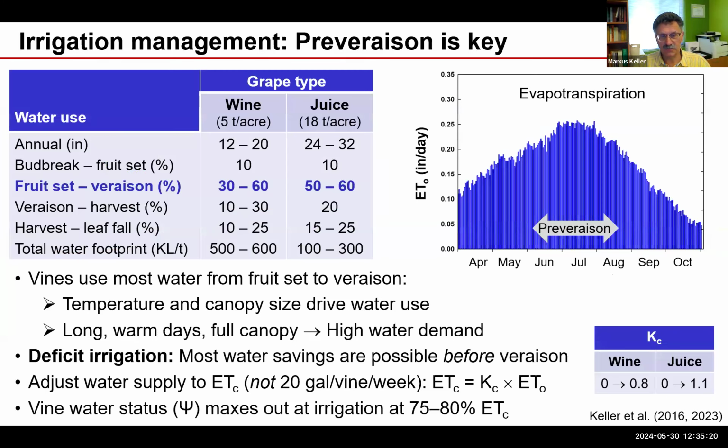When you look at wine grapes or juice grapes in this case, for those of you from California, juice grapes are similar in terms of yield and canopy growth to table grapes and raisin grapes. So they have a much bigger canopy. The canopy develops often earlier than in wine grapes, and it develops more quickly. But you can see that the amount of water that vines use depends on the size of the canopy. Wine grapes, which have a smaller canopy, tend to use much less water over the entire growing season than, say,